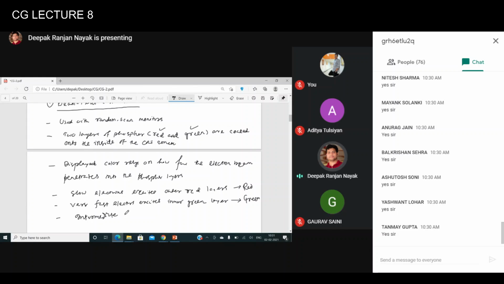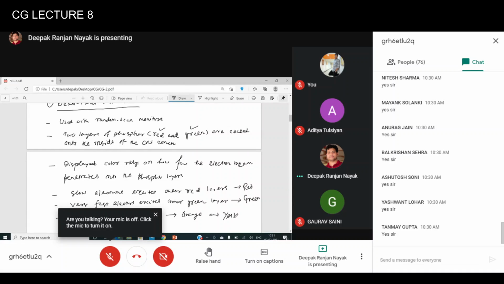Please go back and read it. This intermediate beam speed generates combinations of red and green colors. It gives two additional colors, orange and yellow.